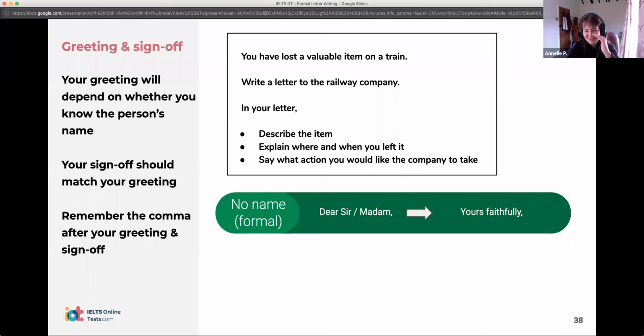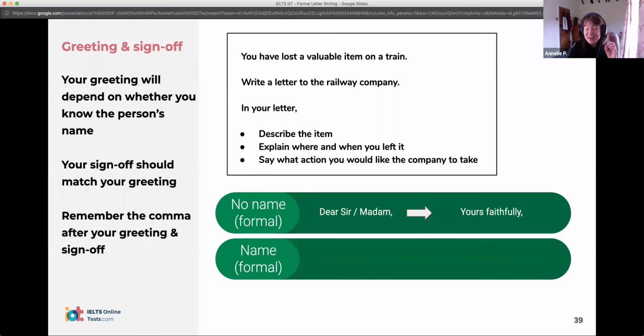Convention. Okay, just calm down, guys. You're getting ahead of the game. It's all coming, I promise you. Okay, if you know the name, but it's a formal letter, so for example, you would write, dear Mrs. Roberts, Mr. or Mrs. with the surname, or sometimes you might write the first and second name. Okay, very good, guys. So in this case, yours sincerely. So just remember that format of how you open. But as I said, with the formal letters here, most likely you're going to be starting, dear sir, madam, finishing yours faithfully. If it's a formal letter,